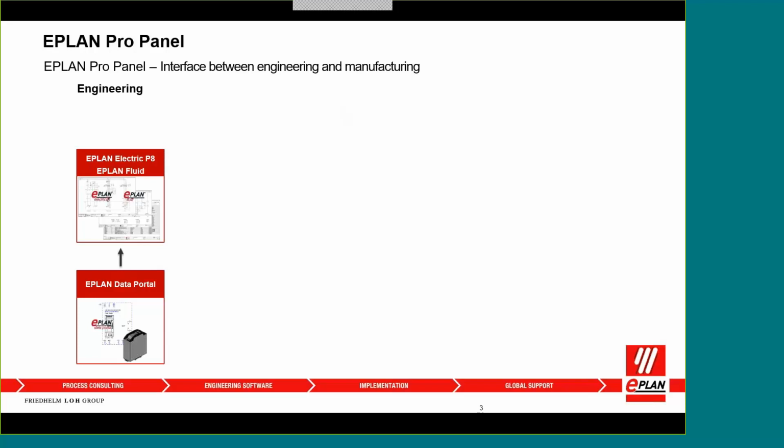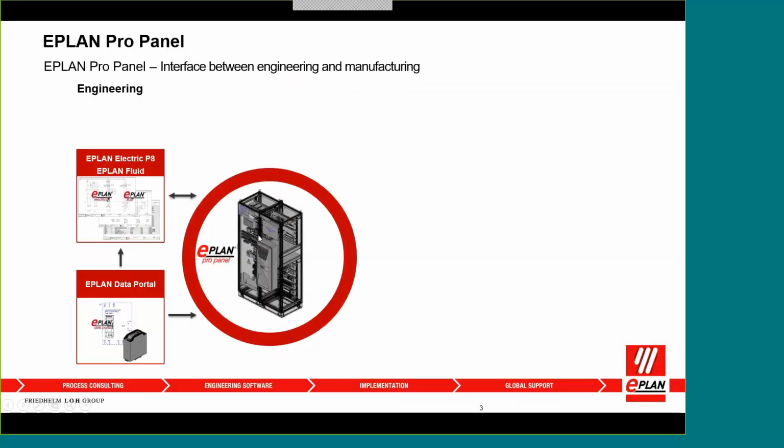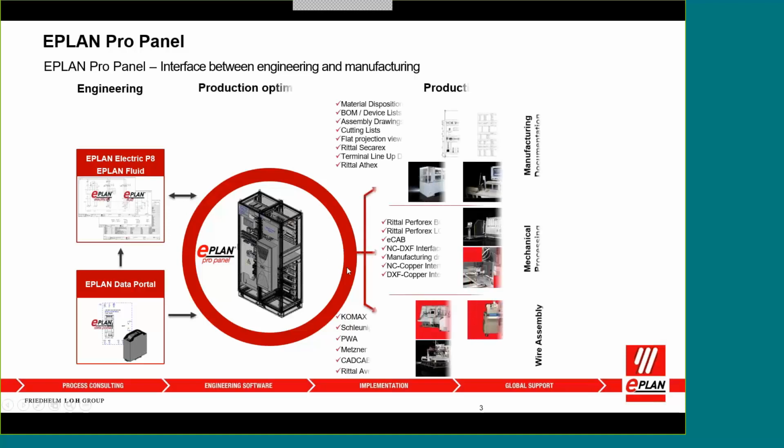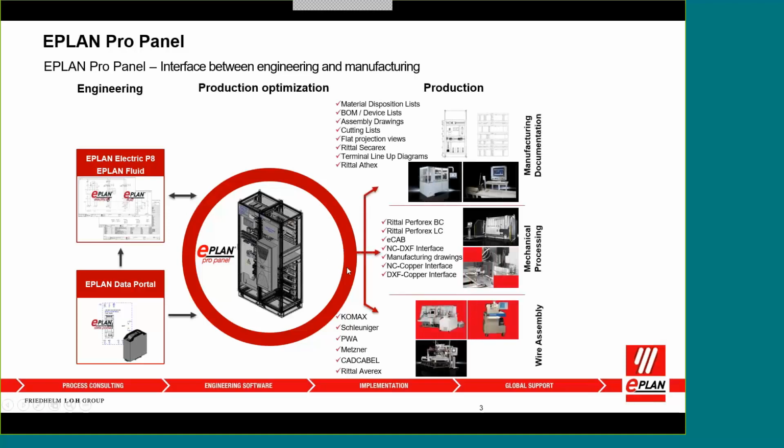As you can see here, I have information coming out of the data portal for parts and component data that I'm going to eventually associate to my schematic environment. From that schematic environment, that information is ready to be populated and placed in my 3D prototyped environment of my panel design. From that environment, of course, I can start to produce additional information, such as maybe export